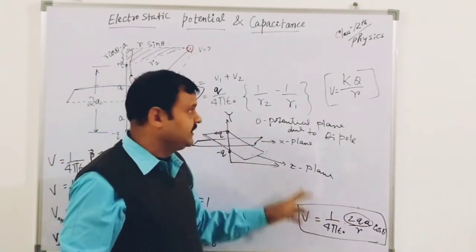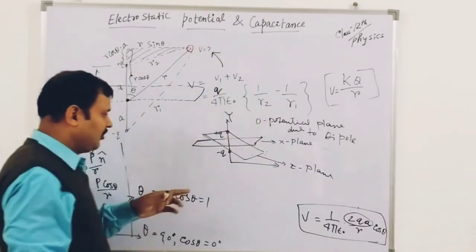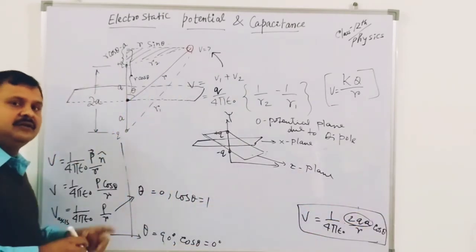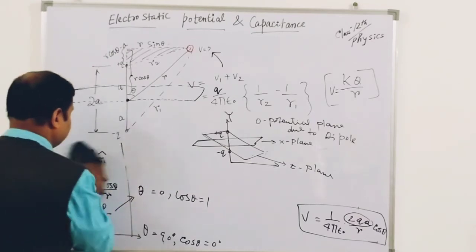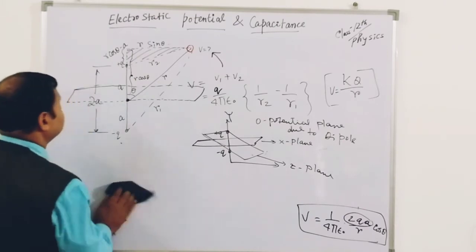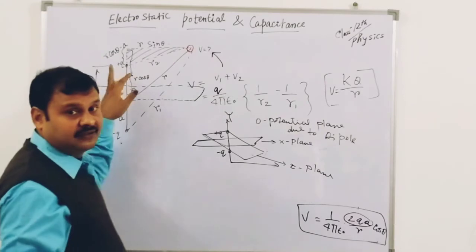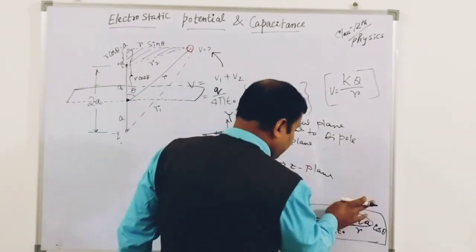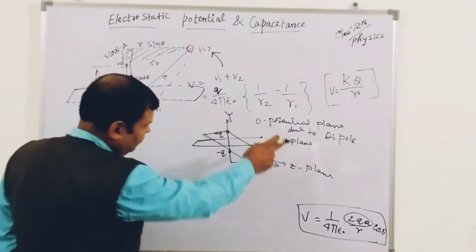The potential is V equal to V1 plus V2, which will be the same. The only thing is that 2qa will not be replaced by a dipole moment because it is not a dipole. We will consider it as a system of charges kept at a distance 2a between the two. First we consider opposite charges. In that case, what will happen? Similarly, this is also explained in this way.